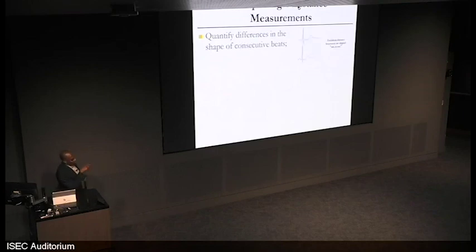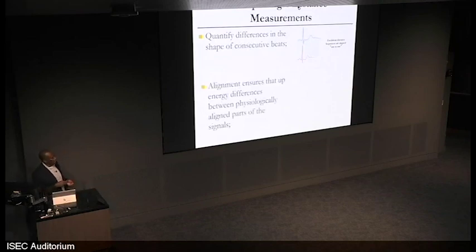And this is done very simply, just as an aside, using a dynamic time warping algorithm that allows you to create an alignment that minimizes the distance between these 2 beats. And the value of that distance is what we use as a morphologic distance. And the alignment is important in this case because different regions of the beat correspond to different types of physiologic activity, and you want to make sure that they're aligned and you're comparing the same types of physiologic activity when you're actually computing these distances.